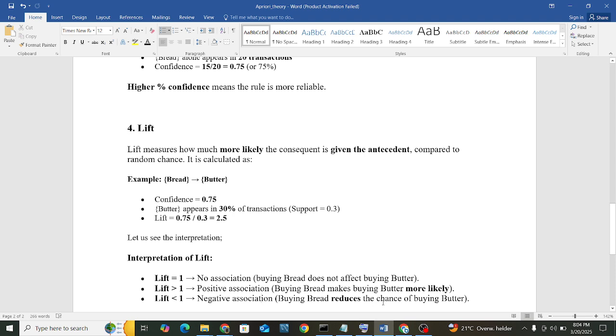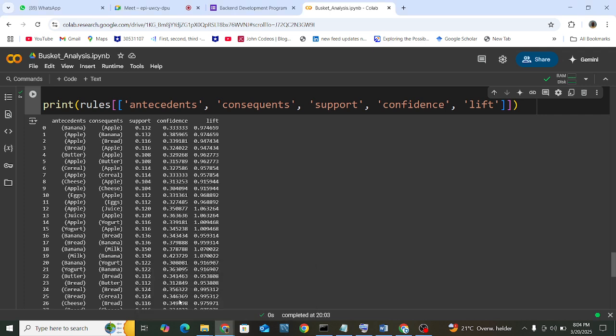Where lift is less than 1, there is negative association, meaning that buying of the antecedent reduces the chance of buying the consequent. I don't know if you guys are getting it. This is how you know